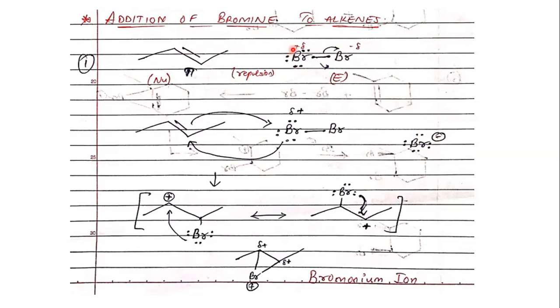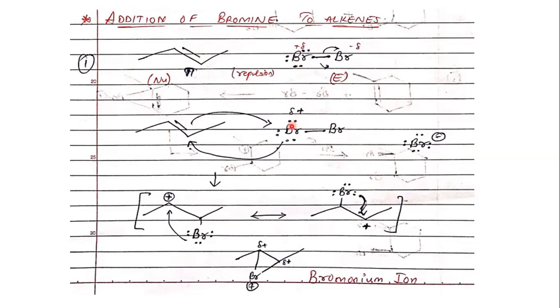In that process, what will be left is Br plus. Both these bonding electrons of Br are taken by one bromine towards itself, forming this Br minus, and another Br is left with a positive charge that is now going to act as your electrophile. This happens because of the repulsion between the pi cloud, the electron cloud here, and the electrons around your bromine atom. So now your electrophile is almost generated.